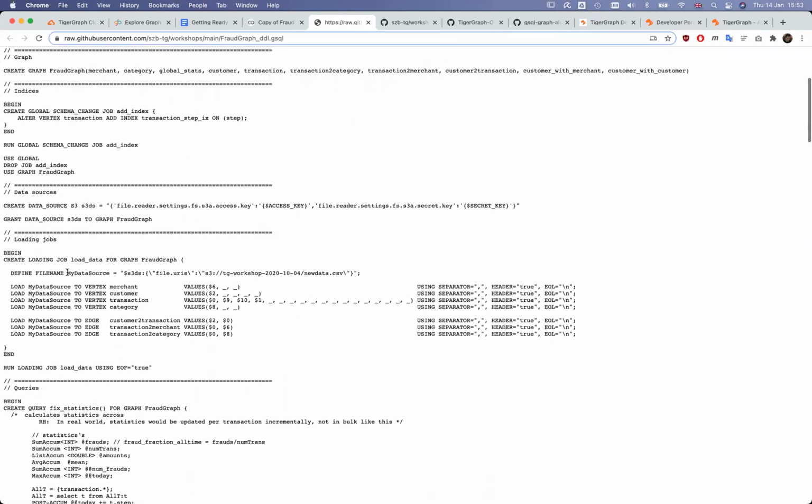The next step is to define data sources. This one is an S3 data source, so its setup looks maybe a little complicated, but in fact it's very simple. All we have to specify is the access key and the secret key. I couldn't specify these here because this file is shared on GitHub, and if I publish these keys on GitHub, AWS would disable my account for breach of security policies, sadly speaking from experience. So instead, I ask you to specify those values in the notebook, and the notebook, as you will see, will replace these placeholders with actual values.